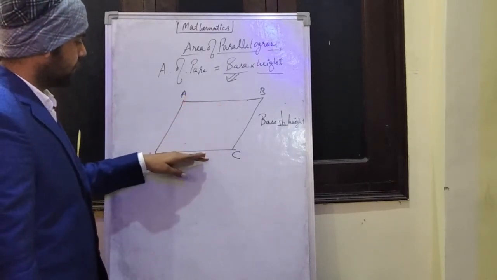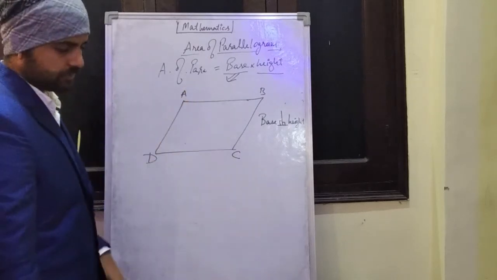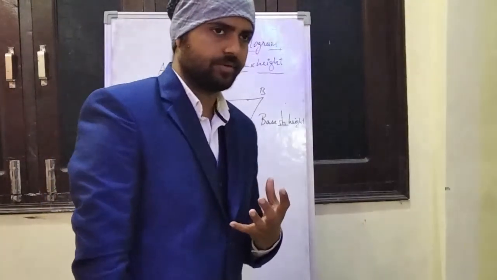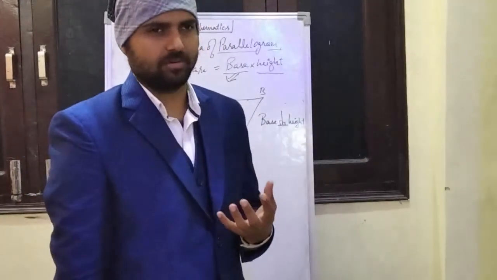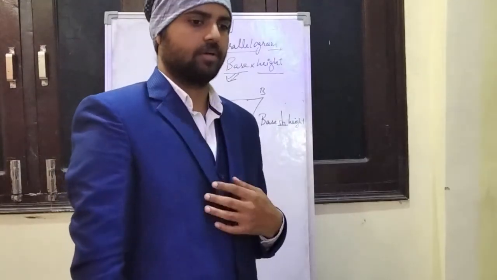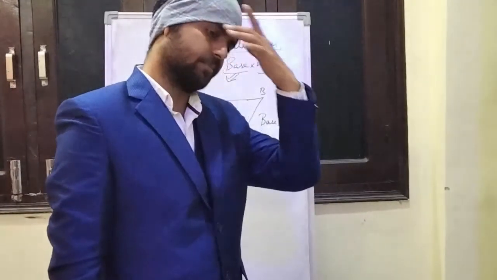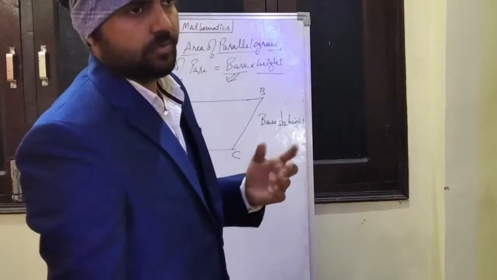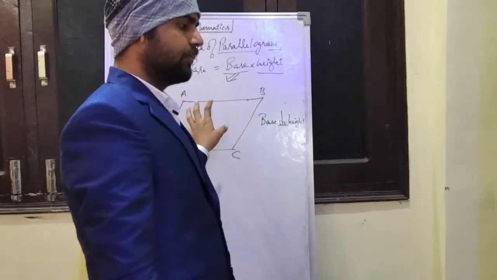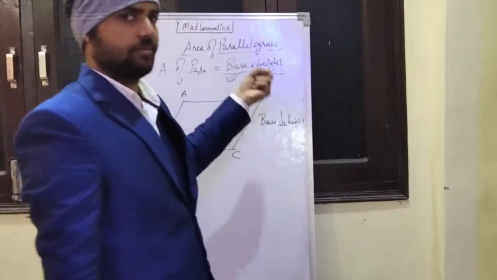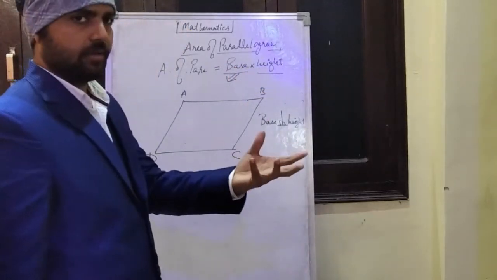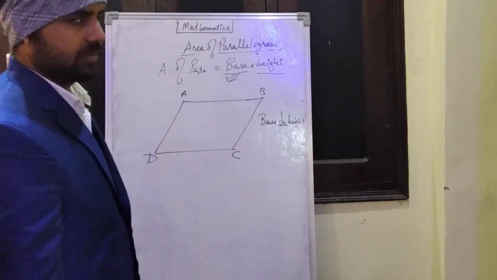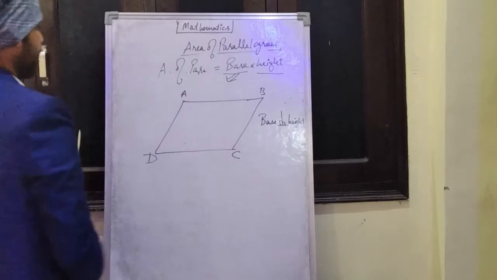So to this CD, what is the opposite side? AB. And try to see that the height when you draw it should lie within the polygon. Okay, you try it out. Probably you should get the height within the polygon all the time, but there are times when you get the height outside the polygon. We'll discuss that part afterwards. But here we are going to take the height which is inside the polygon. Polygon means any quadrilateral, or you can say rhombus, square, whatever.